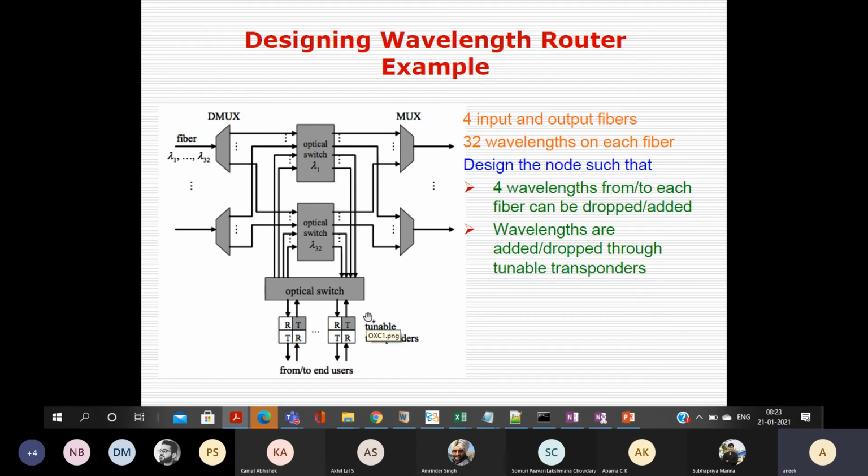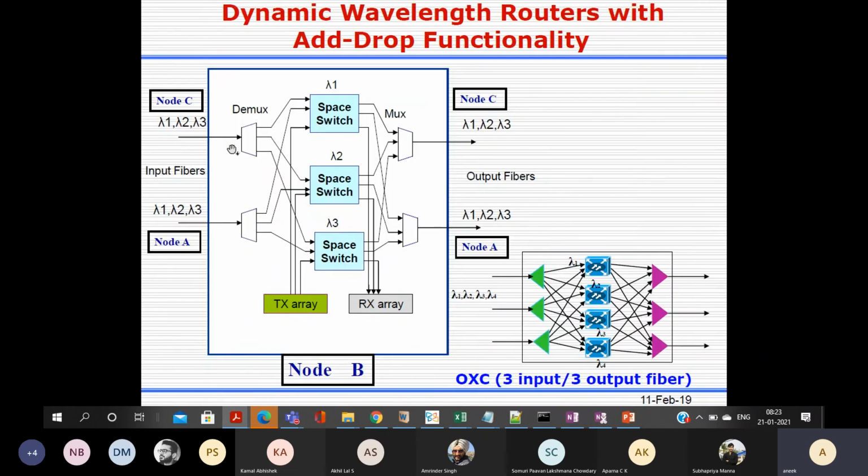This is a practical scenario, because in this diagram we have shown that it carries 3 wavelengths, and 3 wavelengths you can drop. You see that there is one path from lambda 1 to this receiver array, then lambda 2 switches to the receiver array, and lambda 3 switches to the receiver array. So if it carries 3 wavelengths, all these 3 wavelengths can be dropped.